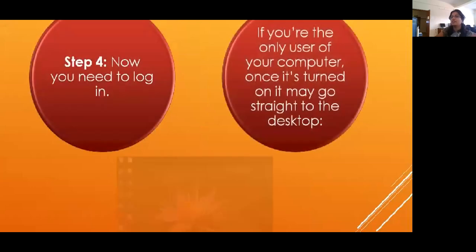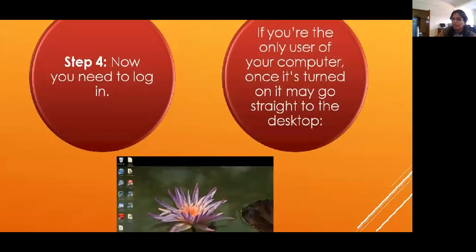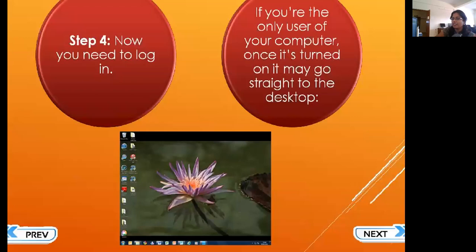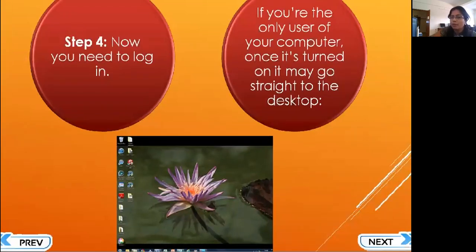The fourth step is you need to log in. Yes, children, you all are very well aware, right? As soon as you come and switch on the systems, I always tell you to put the password of your computers. You're supposed to log in to the system by putting in the password. If you're the only user, see, sometimes if I am using my own computer, I will not keep a password because I am the only one using it.